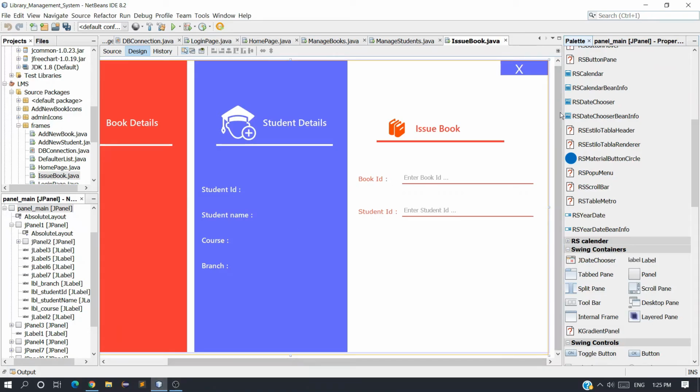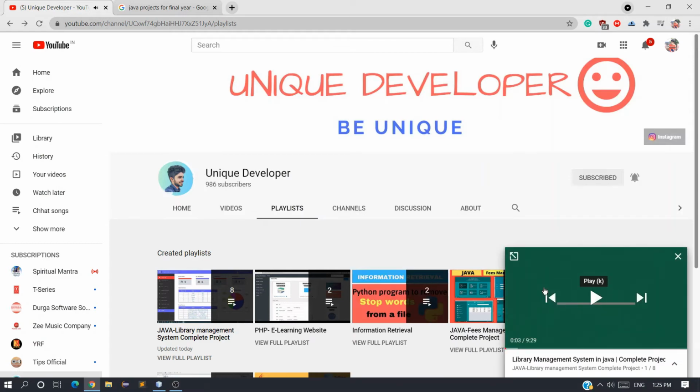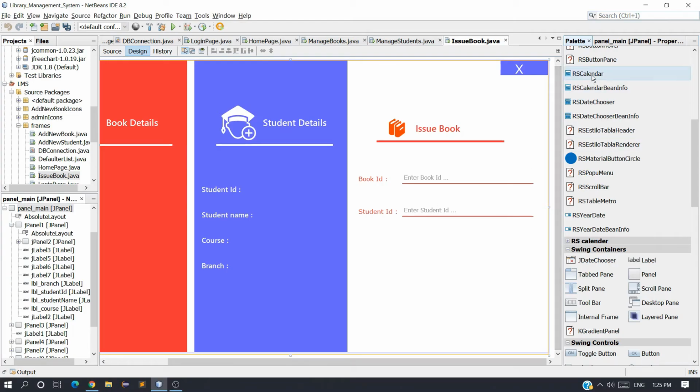So here you can see this one, how to add attractive components into Palette Manager. It's a 3-minute video. You can watch this. Okay, so RS, let me just pause it, and RS date chooser, so keep it here